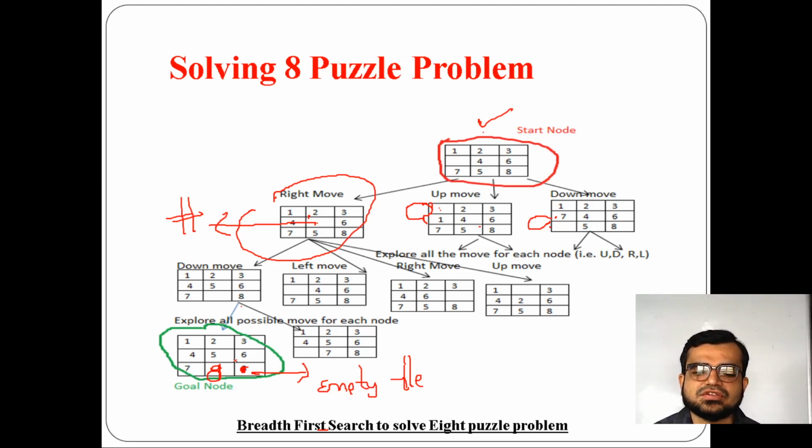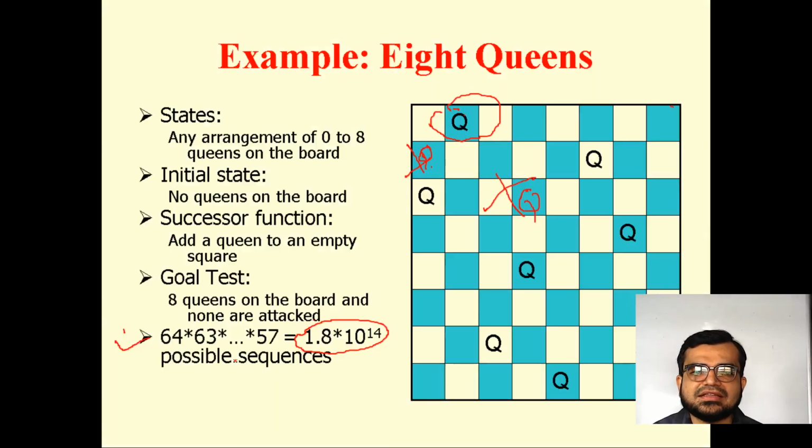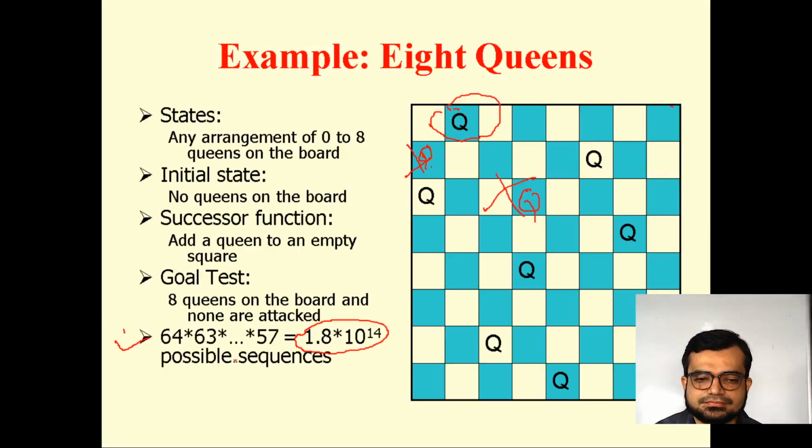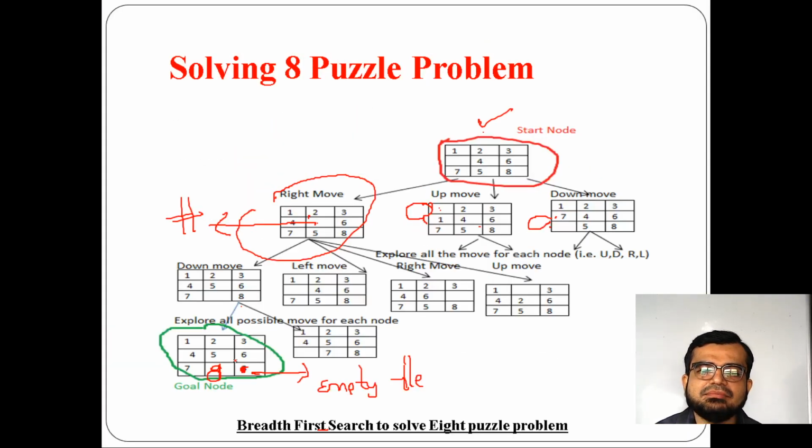That's why it is an explicit way of representation. That means you have to formulate it, like an incremental formulation. Okay. Incremental means as and when you reach the next step, you come to know how many further steps you may require in order to get the goal node or the desired node. So this is the problem that has been solved, your 8 puzzle problem using BFS.